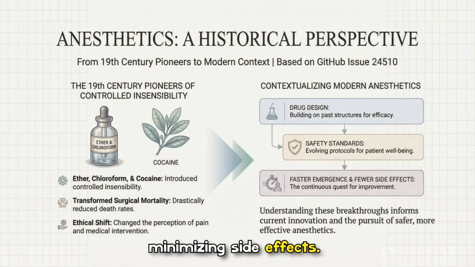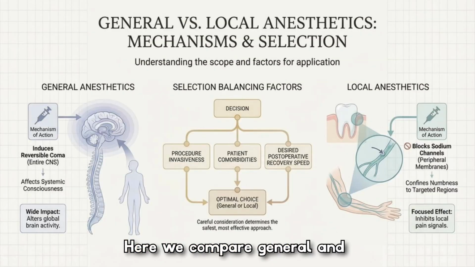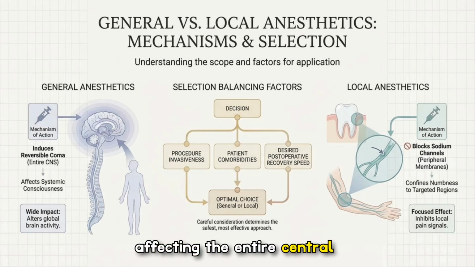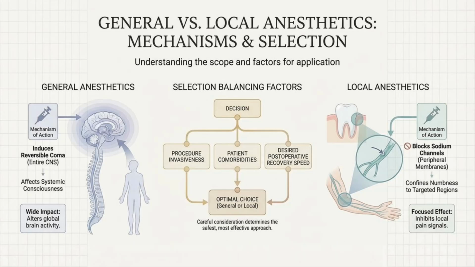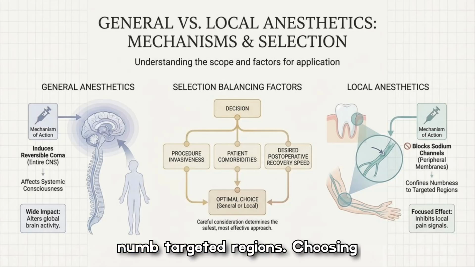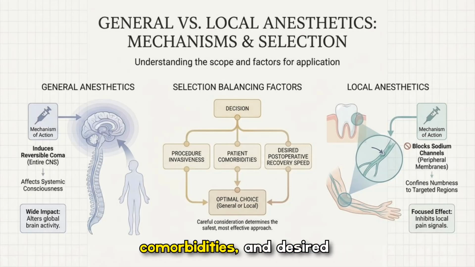minimizing side effects. Here we compare general and local anesthesia by mechanism and selection. General agents induce a reversible coma, affecting the entire central nervous system, while local drugs block sodium channels to numb targeted regions. Choosing between them depends on procedure invasiveness, patient comorbidities, and desired post-operative recovery speed to find the safest,